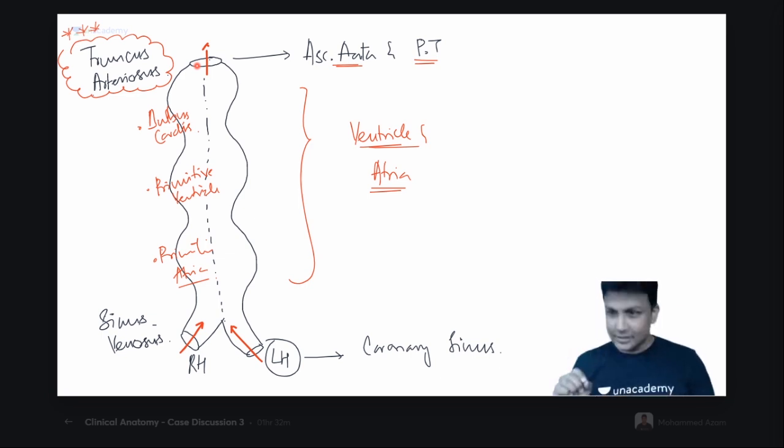See, Kaushik, what I'm trying to tell: how is your truncus arteriosus going to form 2 different blood vessels, aorta and the pulmonary trunk? How is it going to form the 2 of them? Why? Because in the middle there is a formation of septum. क्या form होगा यहाँ पर? Septum. And yes, on one side aorta, on the other side pulmonary trunk. That is why it is known as aorticopulmonary septum. Very good, Surendra. Aorticopulmonary septum, and it is also known as spiral septum.